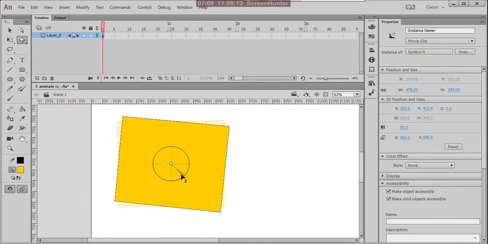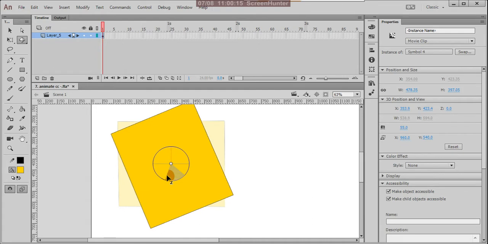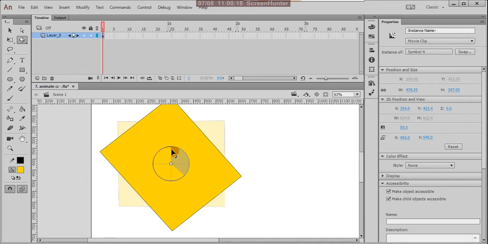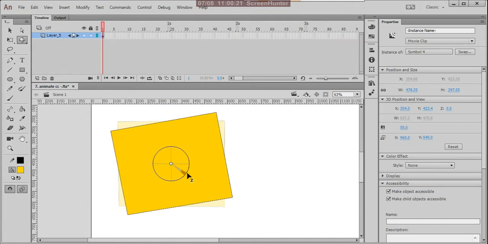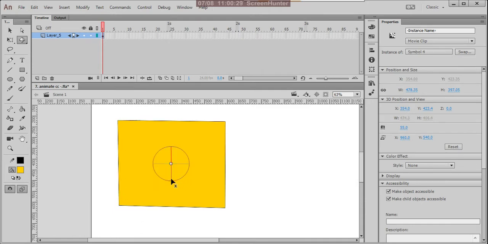Here we are rotating in the x-axis, and here it is the y-axis. You can observe z, y and x.